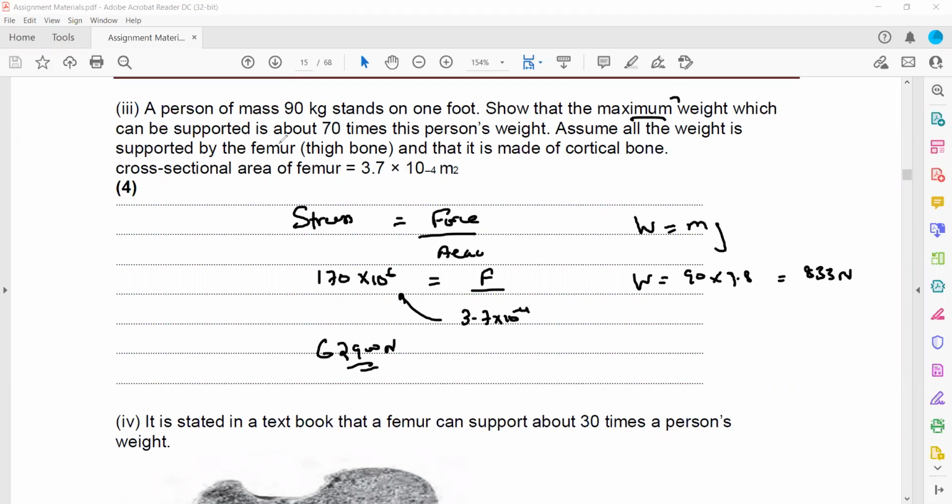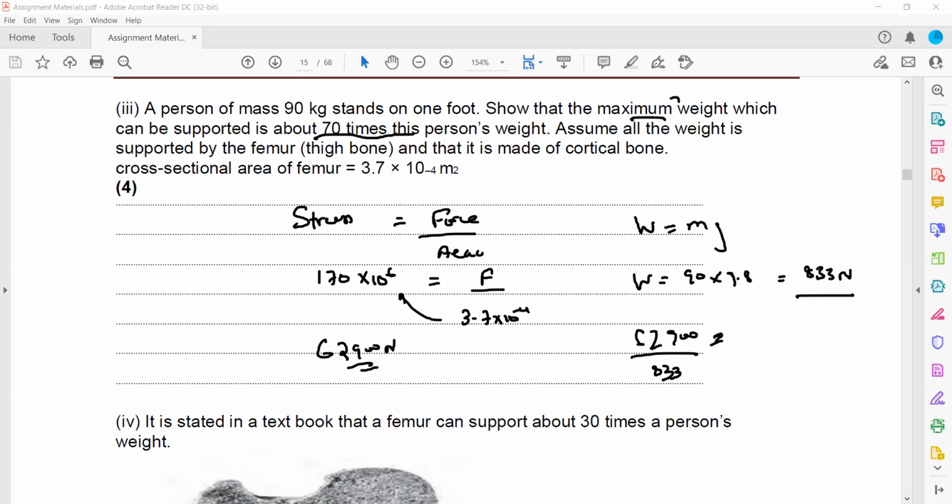Now when we take a ratio, because they are saying the maximum weight which can be suspended or supported is about 70 times the person's weight. So the person's weight is 833 Newton, and the maximum force which can be applied is 62,900. So when we take the simplest ratio between them, 62,900 divided by 833,